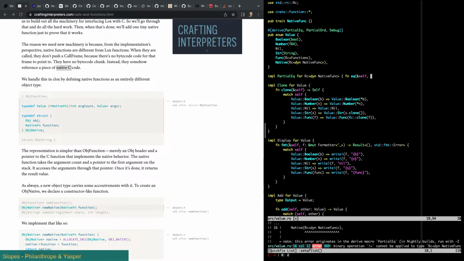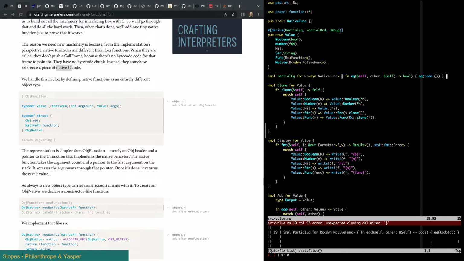What does it take? Self and other. Returns a bool. eq. I'm just putting this all in one line here. todo. Oops, I forgot the brace here. Brace there, brace there. Okay, and then the format gets formatted. Oh, it doesn't work.